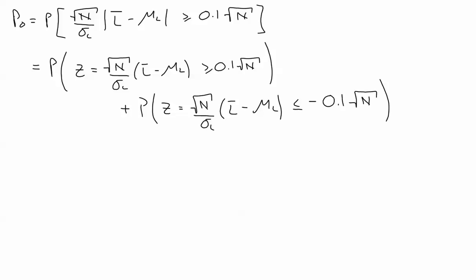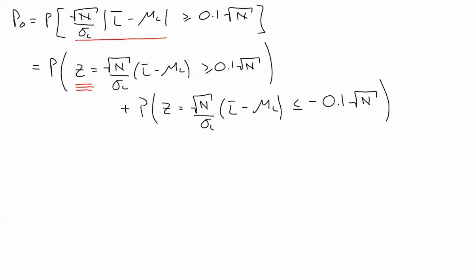Okay. You'll notice that up here, I was not indicating that the stuff I just underlined in red was equal to Z because Z does not have absolute values in it. The next step, I got rid of my absolute values so I could equate square root of n over sigma sub L times L bar minus mu sub L